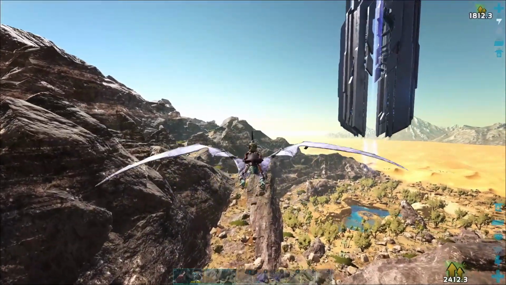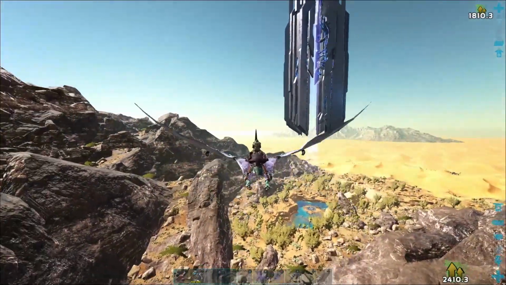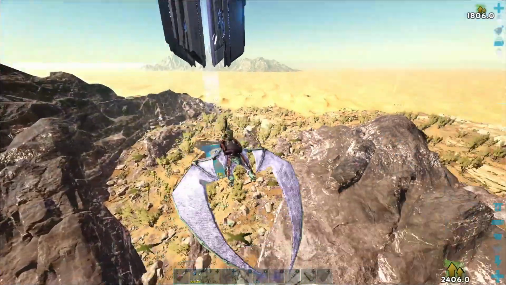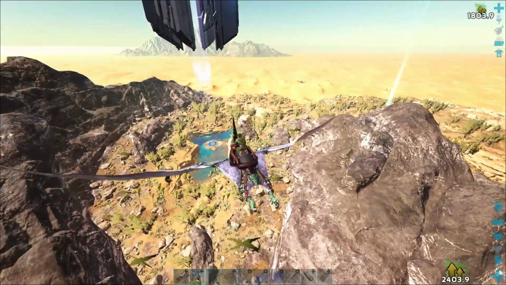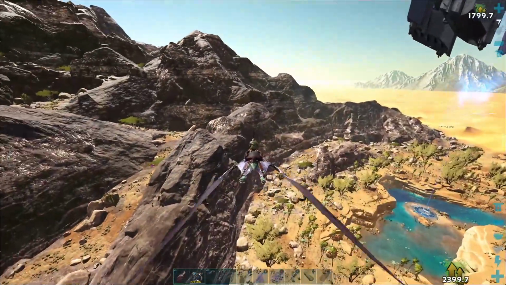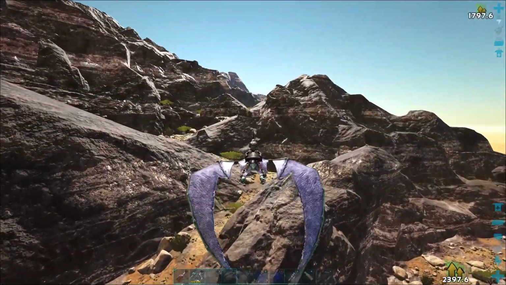Today I'll be showing you how to reach level 100 fast. It does require a tiny bit of prep beforehand, so we'll get into that later in the video. For now, you go to Scorched, head over to Blue Lobby. Then once you're at Blue Lobby, head left, head up to this